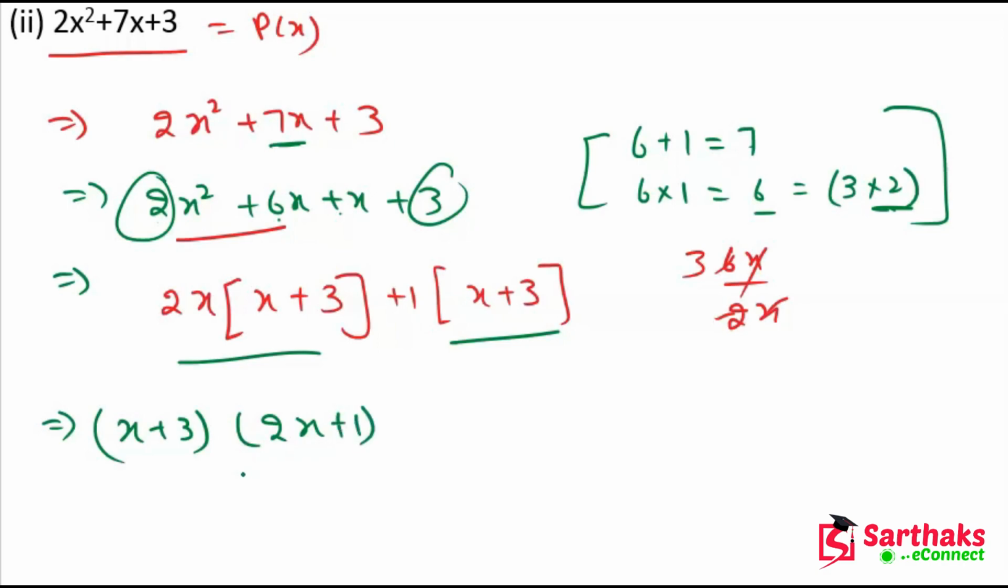We get 2x plus 1. So this is the factor of this polynomial p of x. I hope, my dear friends, you understand these things. So my dear friends, this is a very easy method. Okay, now,